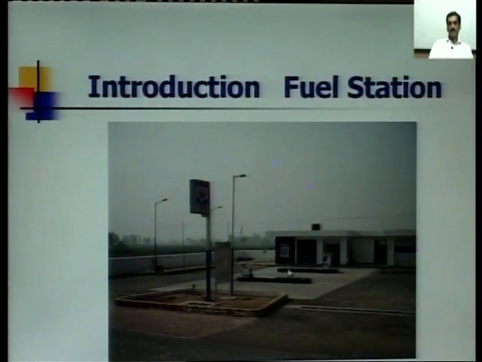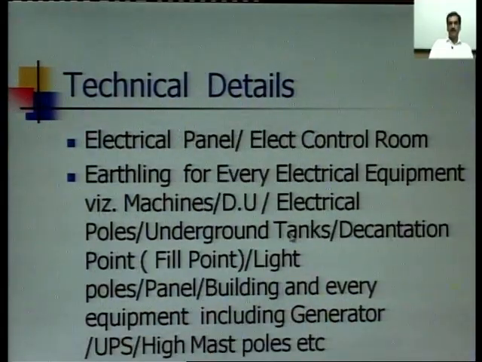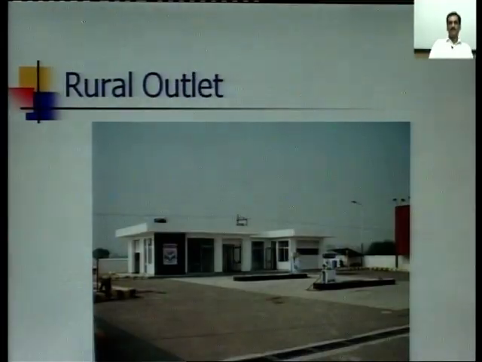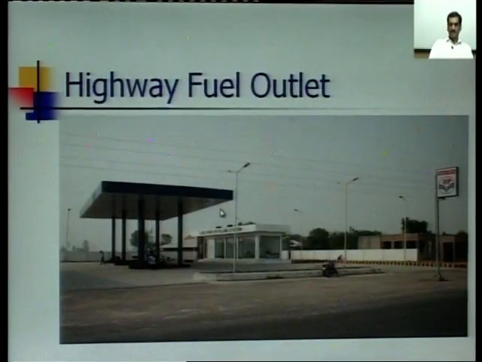This is a rural outlet, and if we have a highway outlet, it is a structure supported on columns. It's prefabricated and erected on steel columns, and then again trusses are there, and it's a double roof kind of thing. We have a ceiling and a roofing, and again